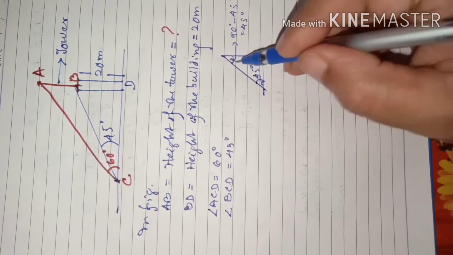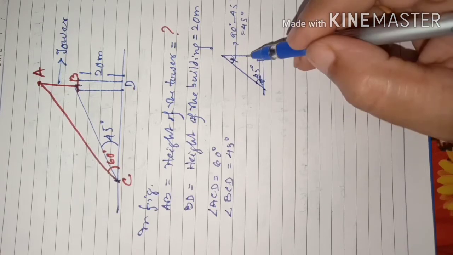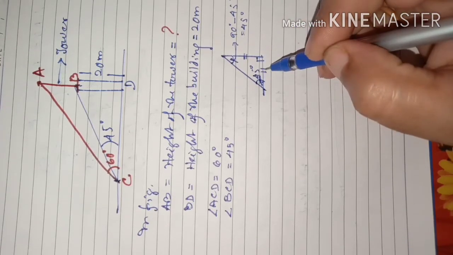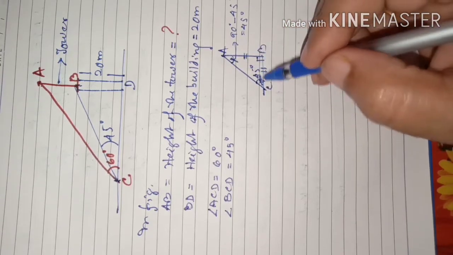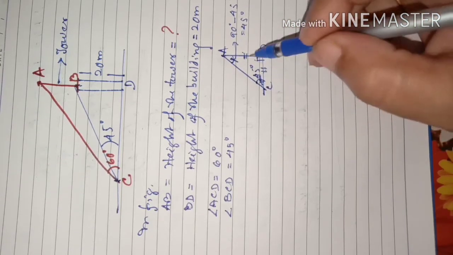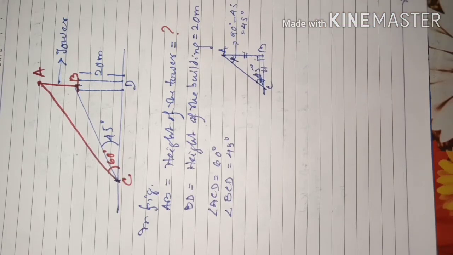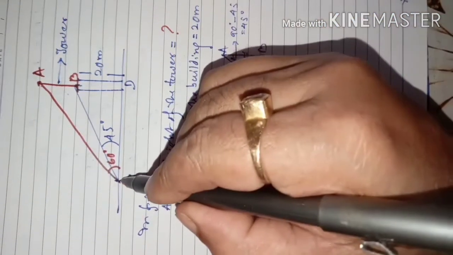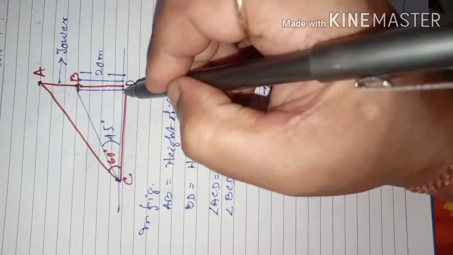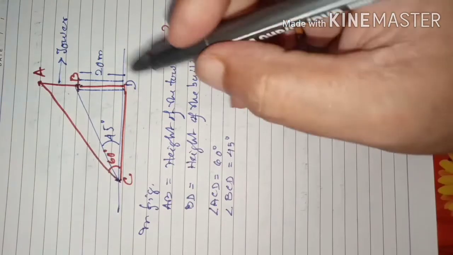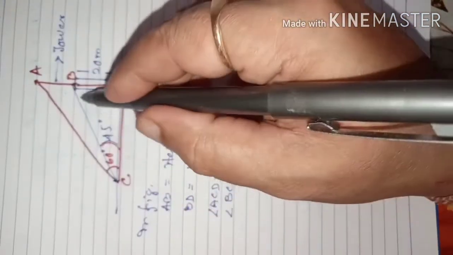Ultimately the two angles are equal. So the two sides also are equal, because it will be isosceles. In a right triangle whose two acute angles are equal, the two sides are also equal. Just that way you can remember this fact. So you don't need to calculate the sides of a right triangle separately one by one. If it is a right triangle which is isosceles, and this is 45, then this also will be 45.